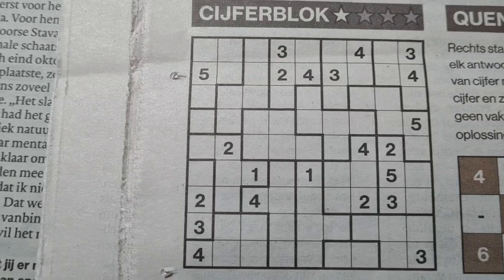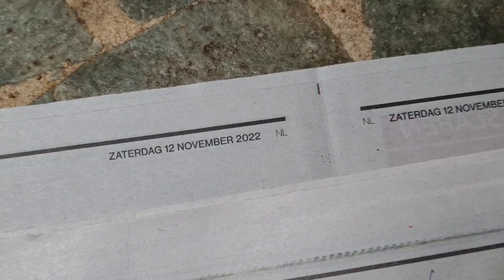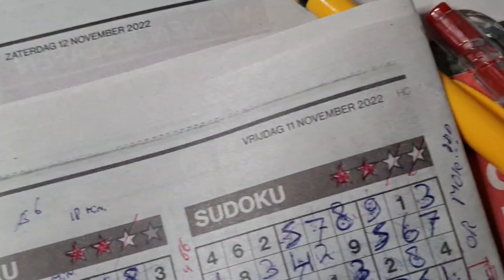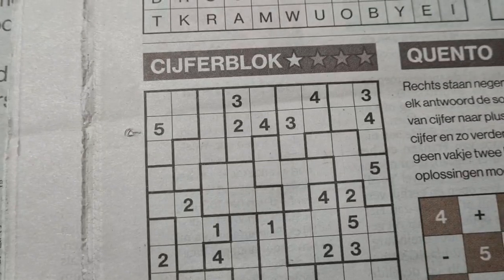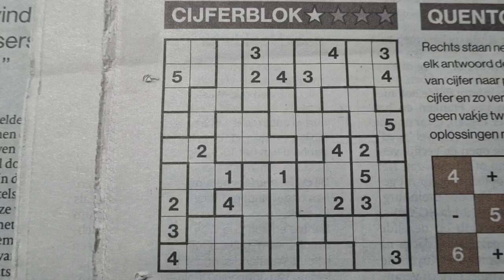In the additional, not in today's newspaper of Saturday, November the 12th, 2022. I've told you earlier, we have no additional, no extra puzzles in the newspaper of today. No, it's the edition of yesterday, Friday, November the 11th, 2022. I've already solved two puzzles, the letter Sudoku and the two stars Sudoku, and now it's time for the Tectonic with 1 star, and this will be number, I believe,